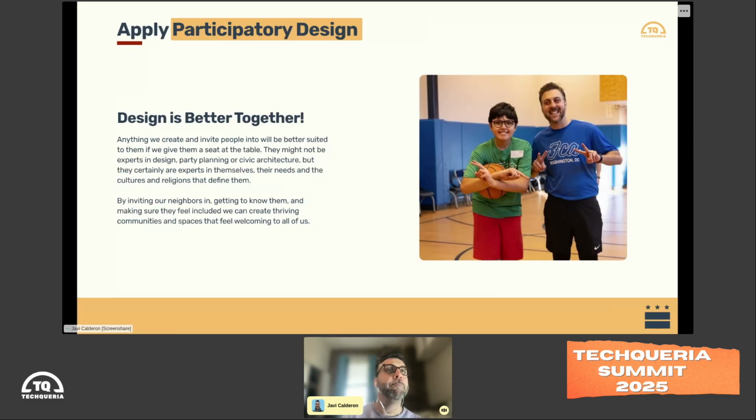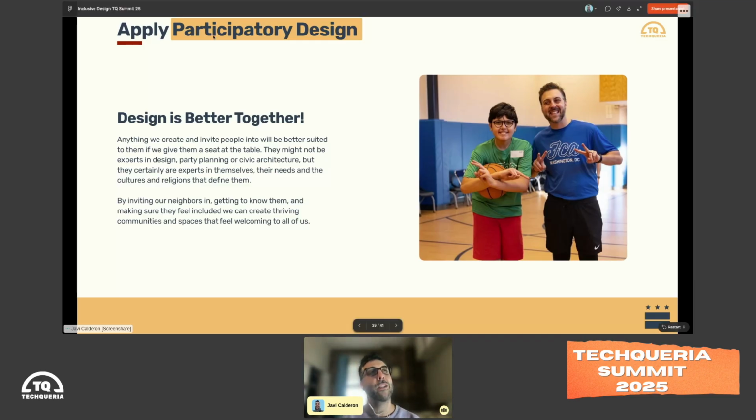So, look at that. Again, I just wanted to carve out some time and give you some principles and some background and some information on how we can make our communities, our neighborhoods, the spaces that we create, the places that we live in, a better, more inclusive place where everybody that we interact with, all of our neighbors and friends, feel welcome, feel seen, feel respected, and that is through inclusive design and participatory design.